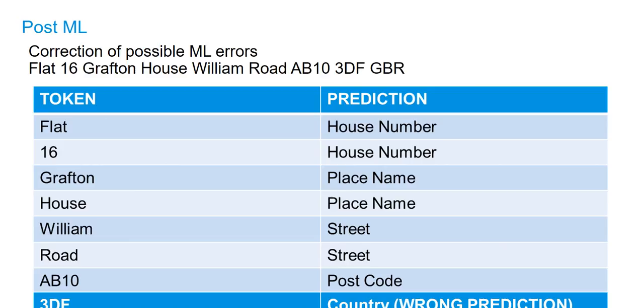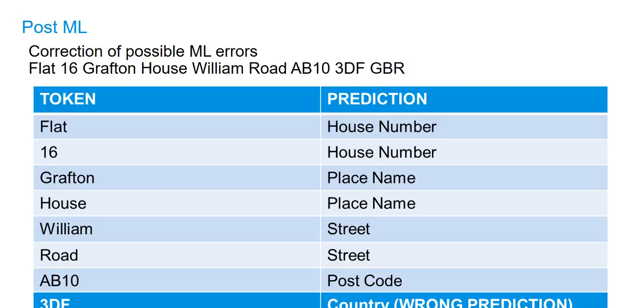So, for example, if we have an address called flat 16 Grafton House, William Road, the postcode and the country, and say the postcode got predicted wrong, that is the 3DF part,